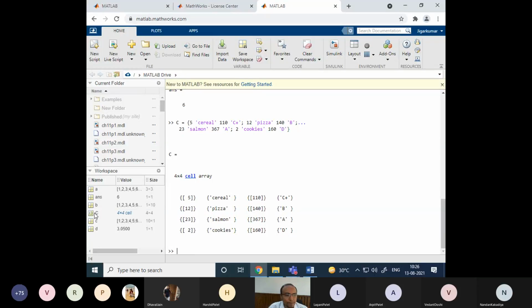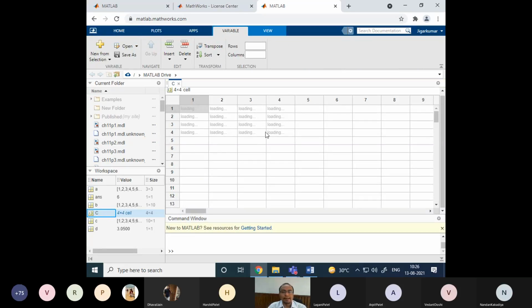Okay. Also, if I double click on it, see, I can get here the complete picture of this table or cell. You can see this is 4 cross 4. We need to now work with tables with data, so we frequently use this kind of thing. So you can see the first element is 5, second is this, third is this. Now in each, you can see, right?